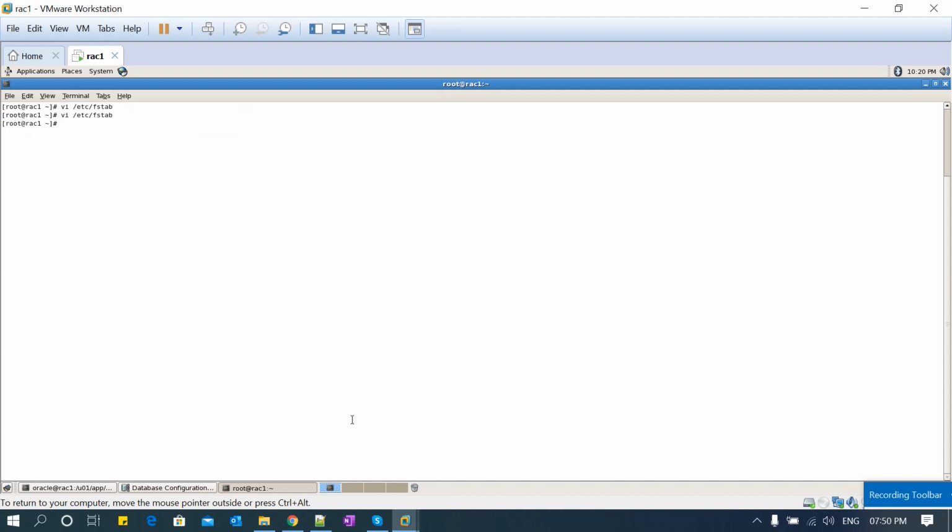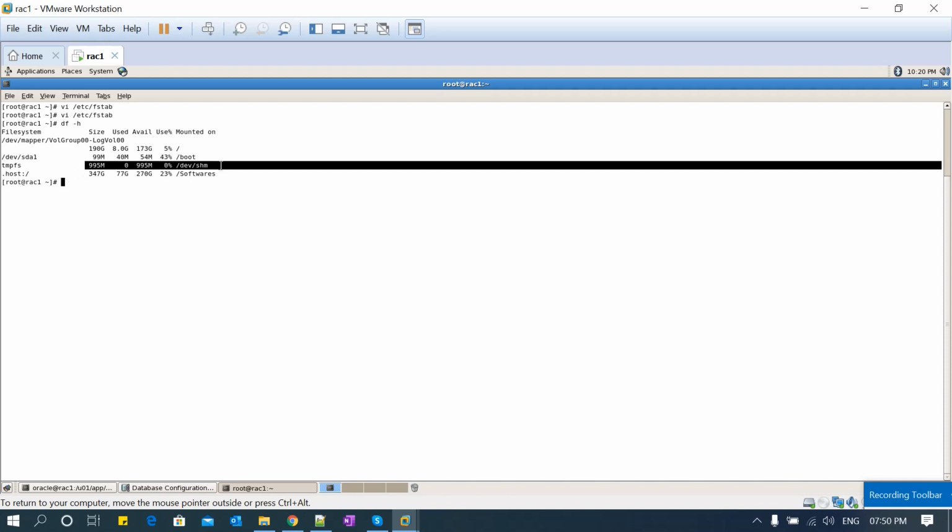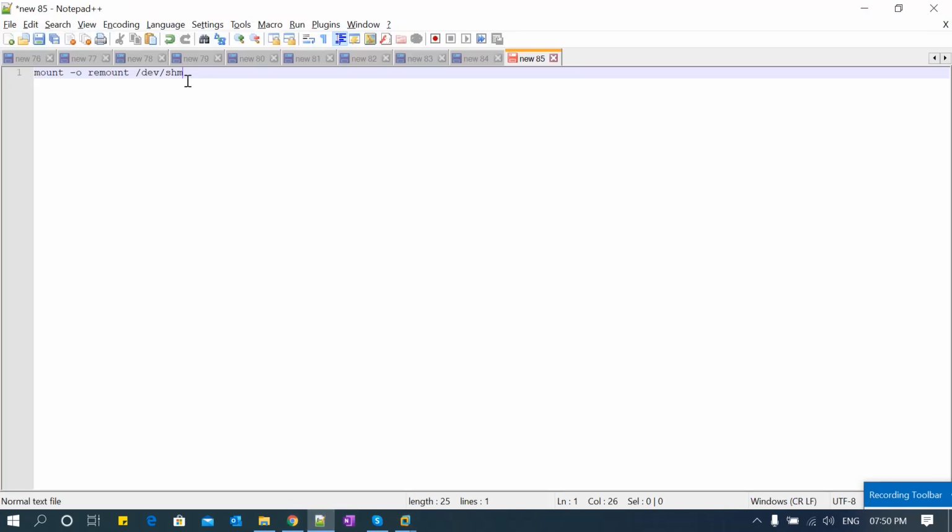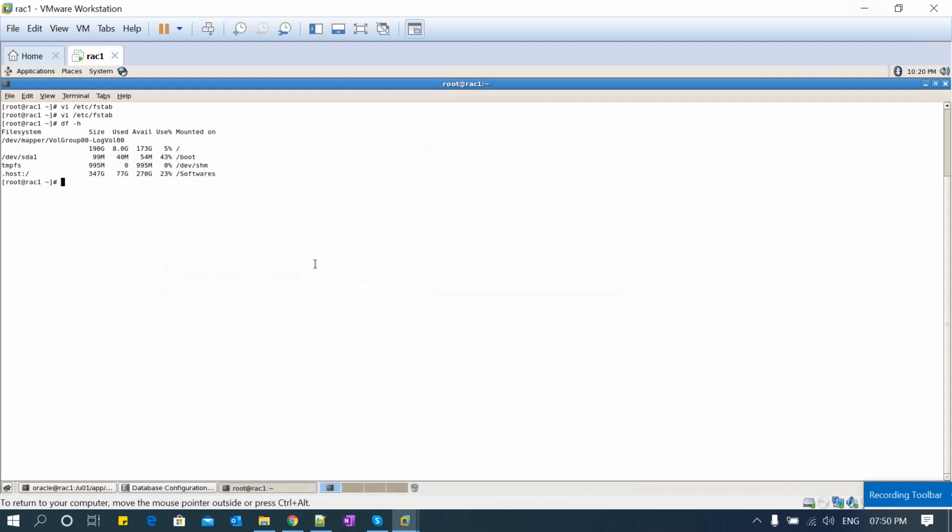Then I'll save it. So this is the tmpfs one. Okay, to take that into effect, I need to run the remount command. df -h. I can see 2 GB now, right?